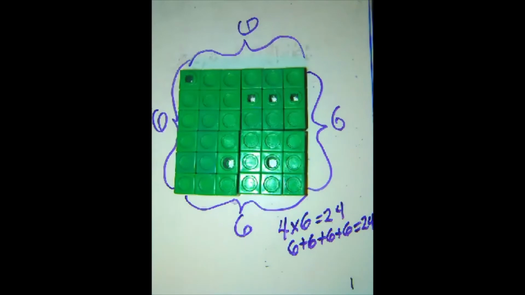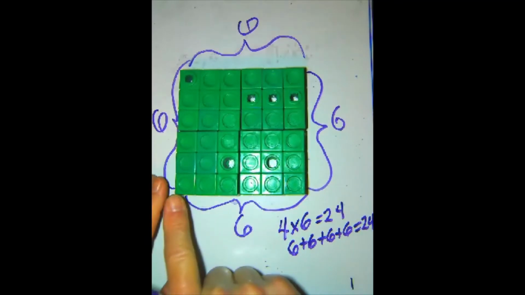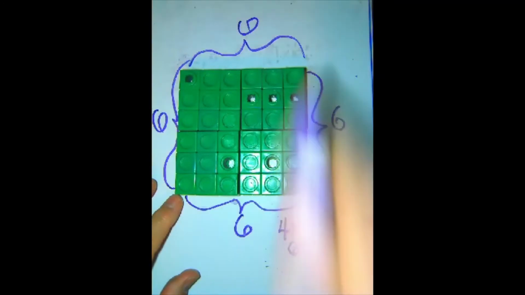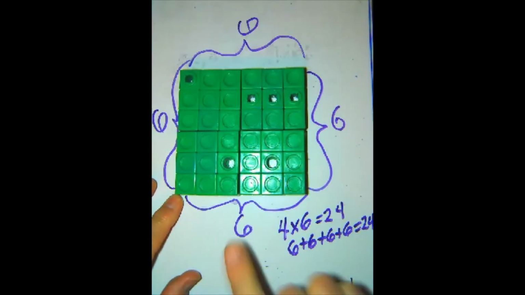Now, perimeter is not the same thing as area, because if we were to ask what is the area of this figure that we created, the area of this figure would be 6 times 6, wouldn't it? And we could always count it. We could go 1, 2, 3, 4, 5, 6, 8, 9, 10, 11, 12,